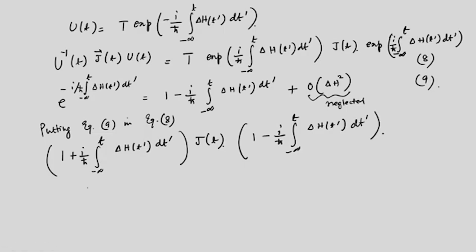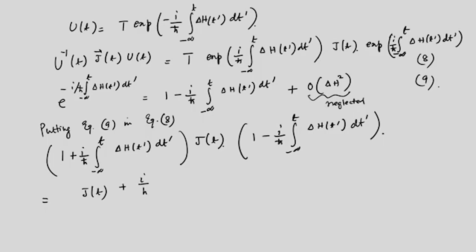So I have two brackets at the two ends, and I have a J(t) in between. So I will just do a multiplication. This will be simply J(t), that is 1 J(t) 1,